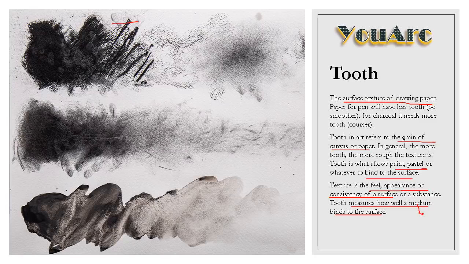Can you see here? Here the tooth is high, because we can feel the coarse texture since it uses charcoal. Here the tooth is medium, and in this area the tooth is less. But we can see we have good texture here, we can feel the texture here, even here we get good texture. But the tooth differs. Texture is the feel or appearance, but tooth is the reaction of the binding material or the medium that you use for painting with the paper.